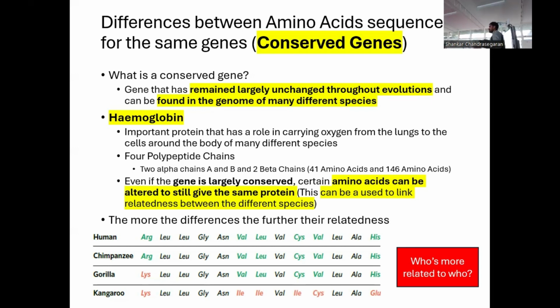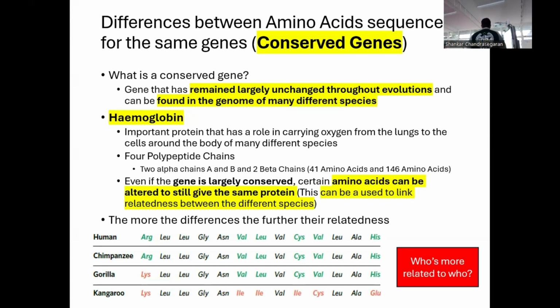Basically, they even found a gene therapy using CRISPR to allow you to produce hemoglobin properly, because the disease it's curing is caused by the fact that they can't produce hemoglobin properly. So it's causing them to not be able to get oxygen to the cells adequately. So they came up with a recent gene therapy to allow them to produce hemoglobin in a proper form that allows them to actually fix that genetic disorder. So even if the gene is largely conserved between different species, certain amino acids can be